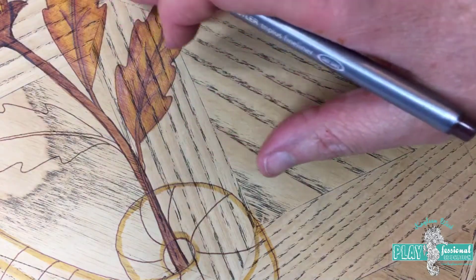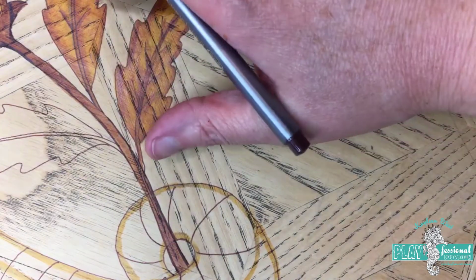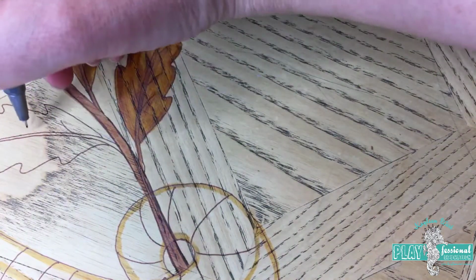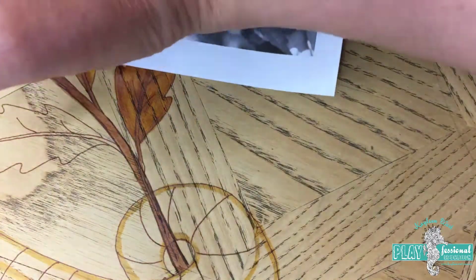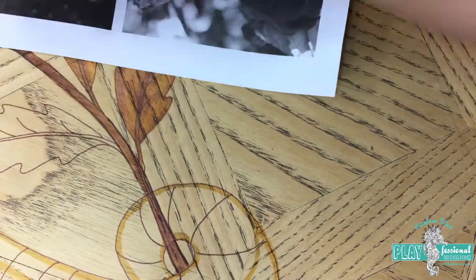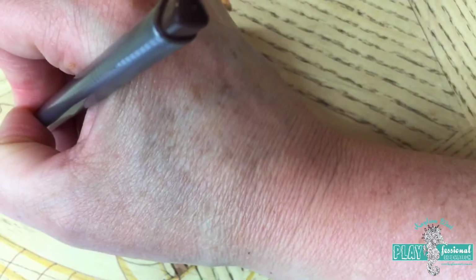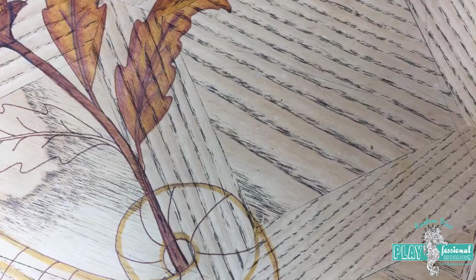Now you can see me leaning on what I've just done. It has soaked into the wood enough that I can pretty much lean on it straight away, which is handy. Otherwise, you could be doing this and just leaning on paper, but we won't do that because you won't be able to see. I can feel it slightly tacky, but